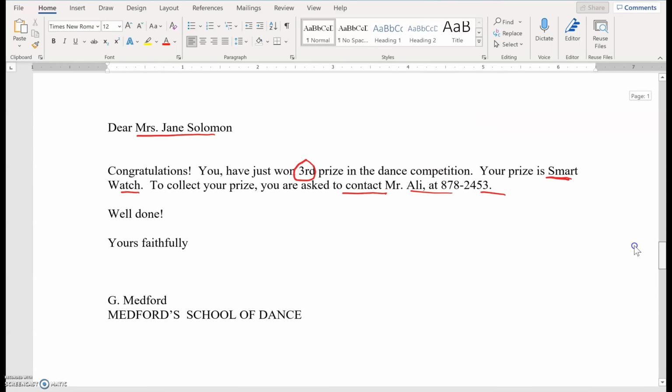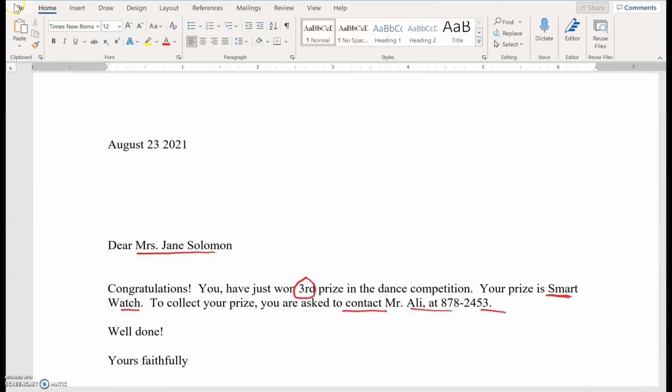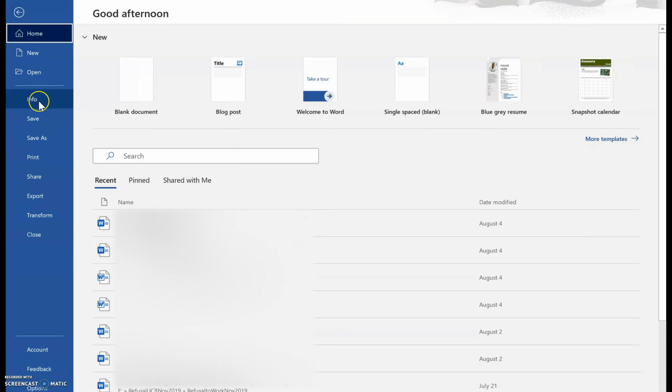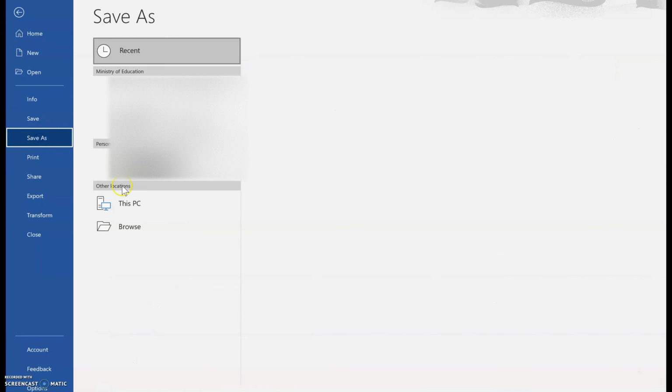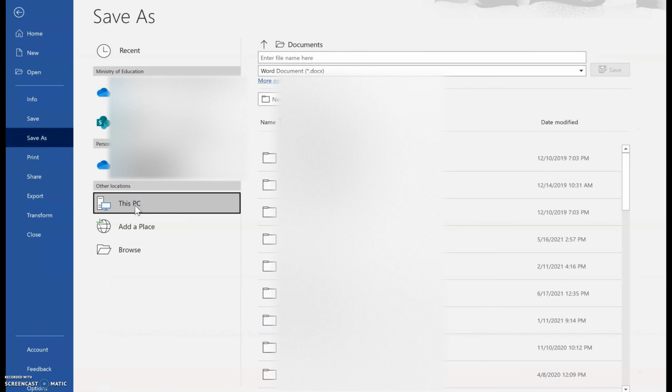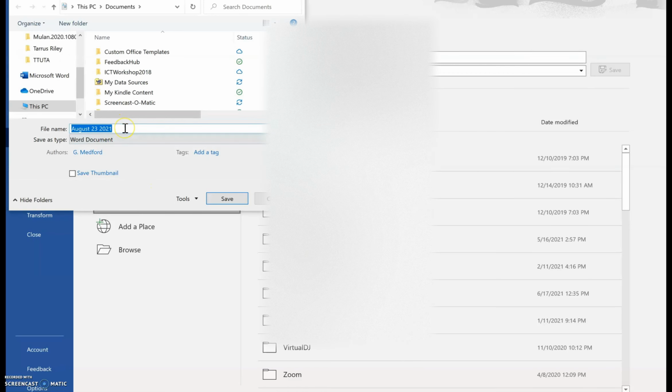The last point of note is, remember that you must now save this new merged document as a new name. So we can save this document. In this case, I'm going to save it as merged letters and click